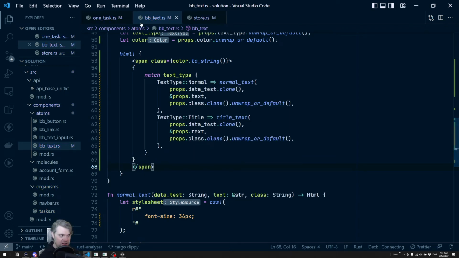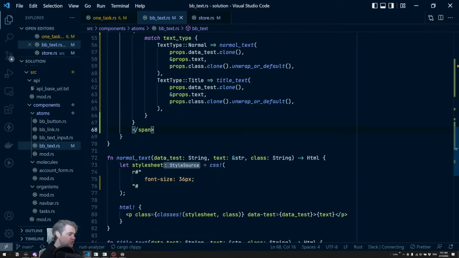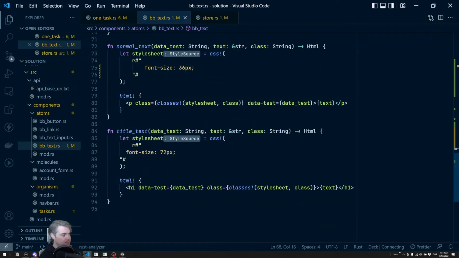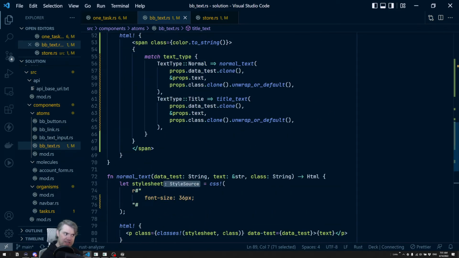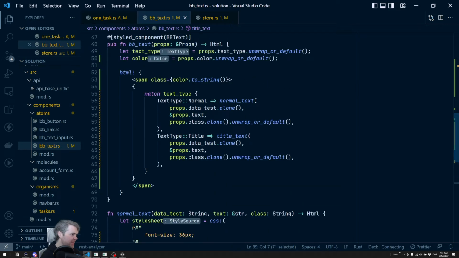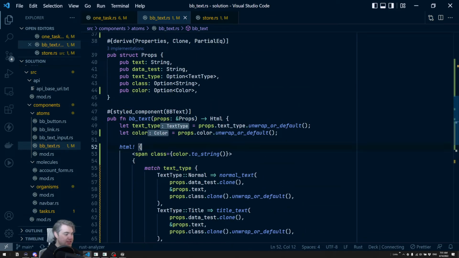Now we can handle the colors fairly easy. I might also want to break these out. Maybe they should be different types of components as well. I don't know completely for sure yet. I'm going to leave it like this for right now and see how this feels. Now that being said,